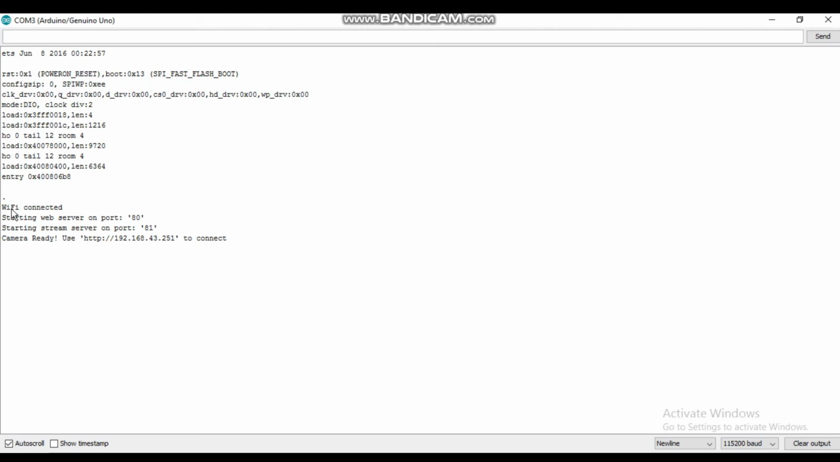Here it is written that Wi-Fi connected and camera ready, and there is an HTTP IP address. Just select and copy that IP address,